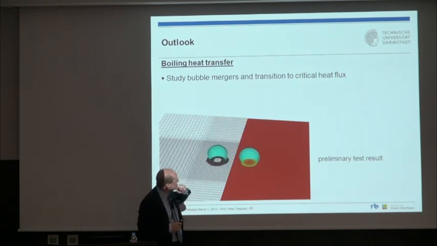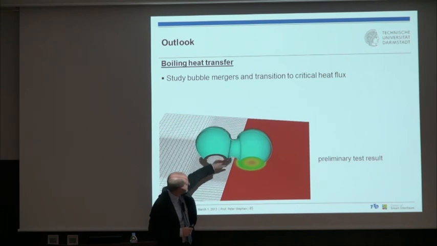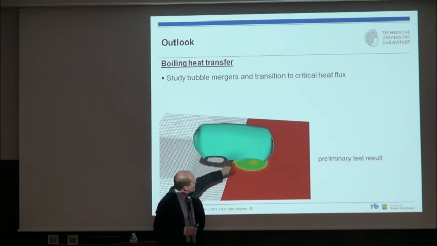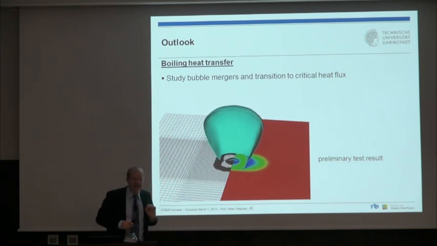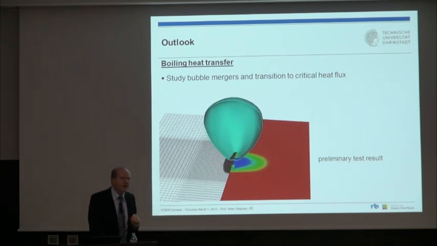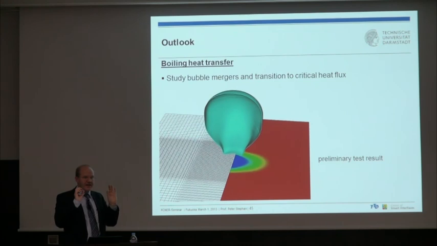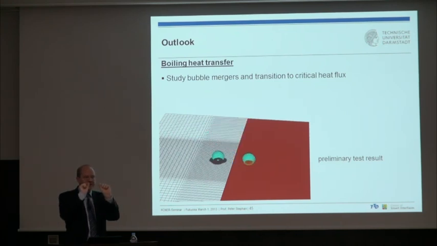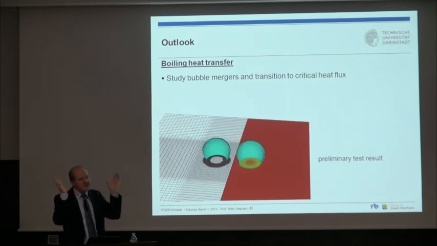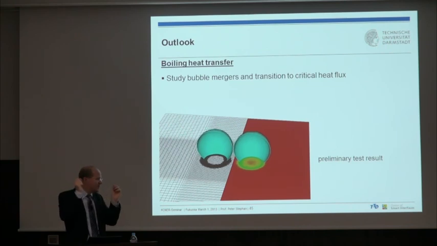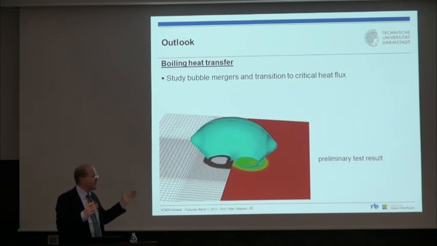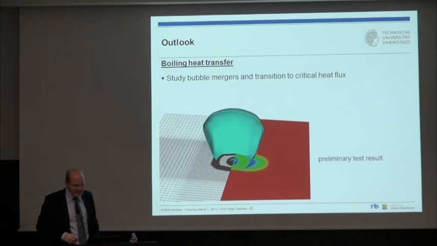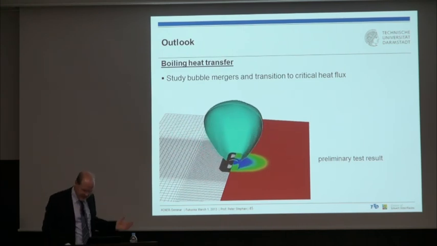And what was also quite interesting for us to see in this numerical simulation is that when these two bubbles merge, they leave a droplet here in the middle. And we found this by occasion also in an experiment, only by occasion, because occasionally two neighboring sites were activated at the same time. This is not very often. Most of the time one is activated earlier than the other, and you don't see that. In the numerical simulation you can see that, but once we had it in an experiment and we saw also the sitting droplet.